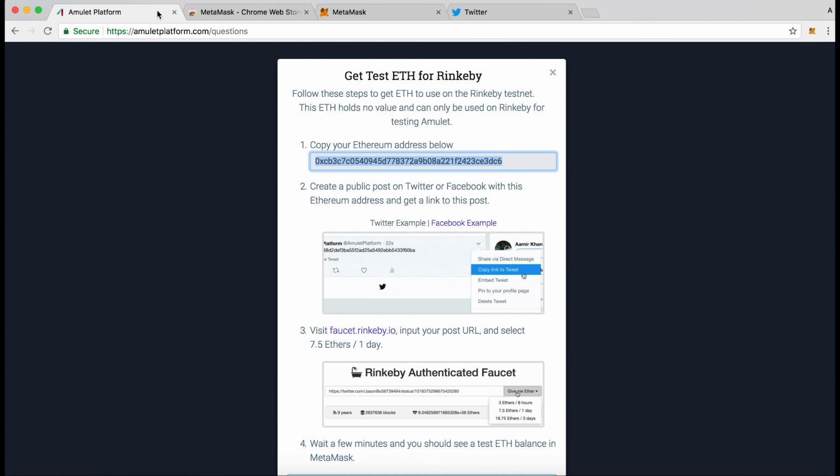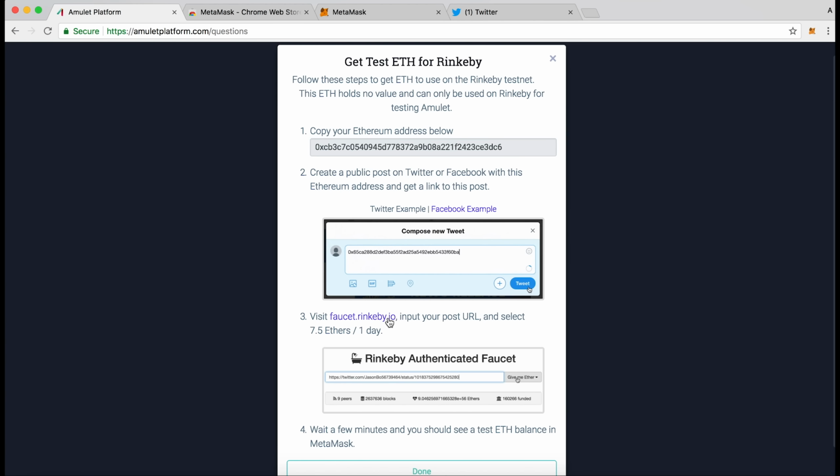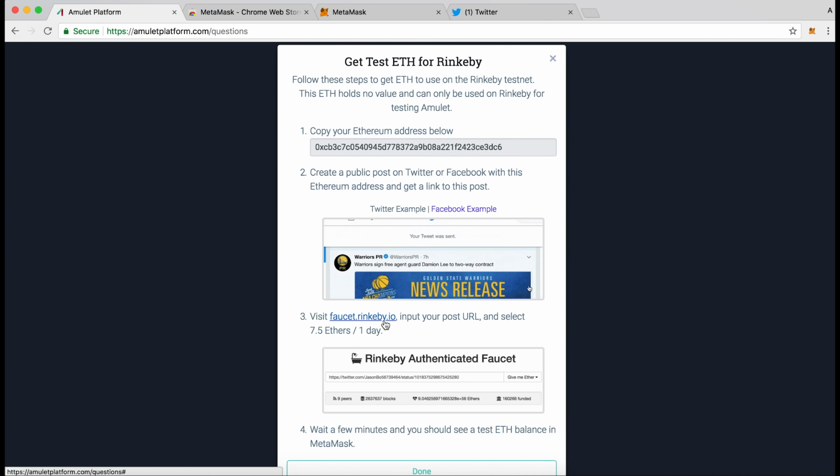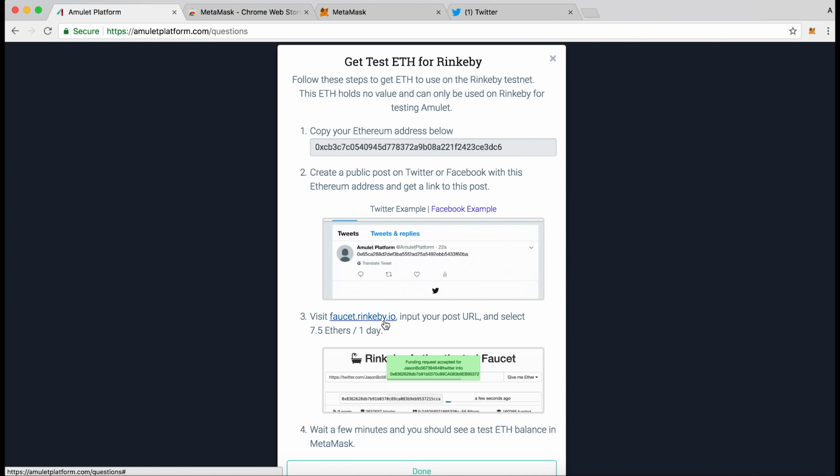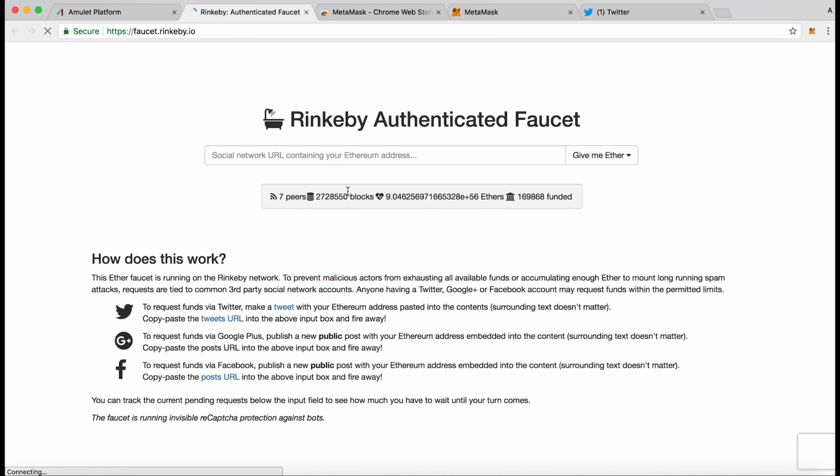We're going to go back to the Amulet tab. And for step 3, we're going to click on the faucet link. The RinkyB faucet is going to let you get test Ethereum. After the faucet link opens, we're going to paste the tweet that we just created, select 7.5 Amulet per day,